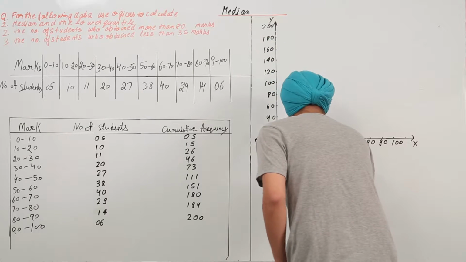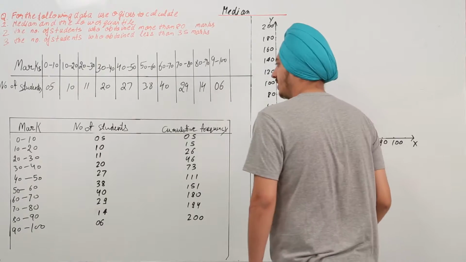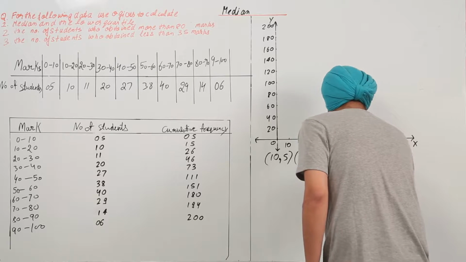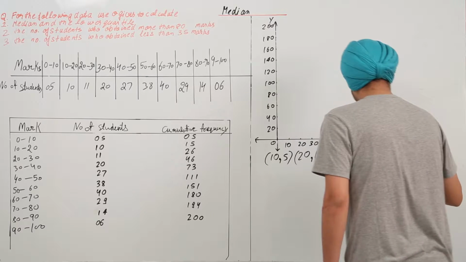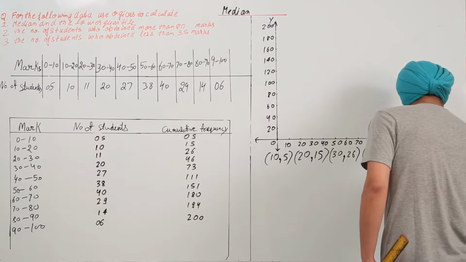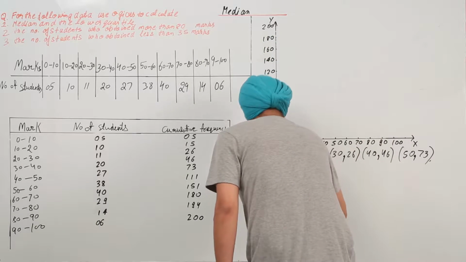Second point is 20, 15, right? Third is 30, 26. The fourth is 40, 46. The fifth is 50, 73, right? And then there is 60,